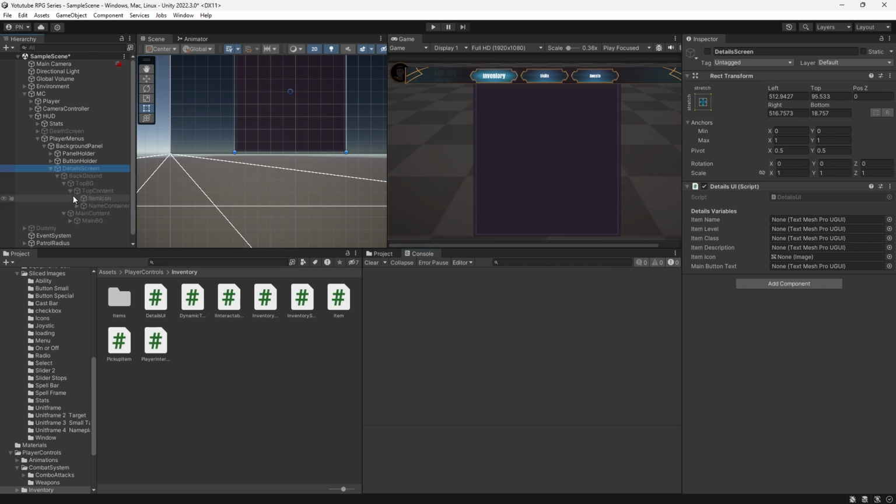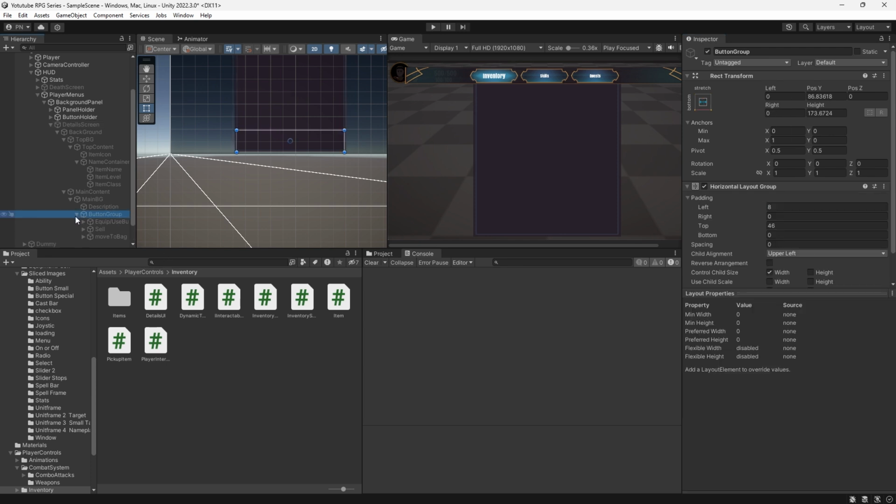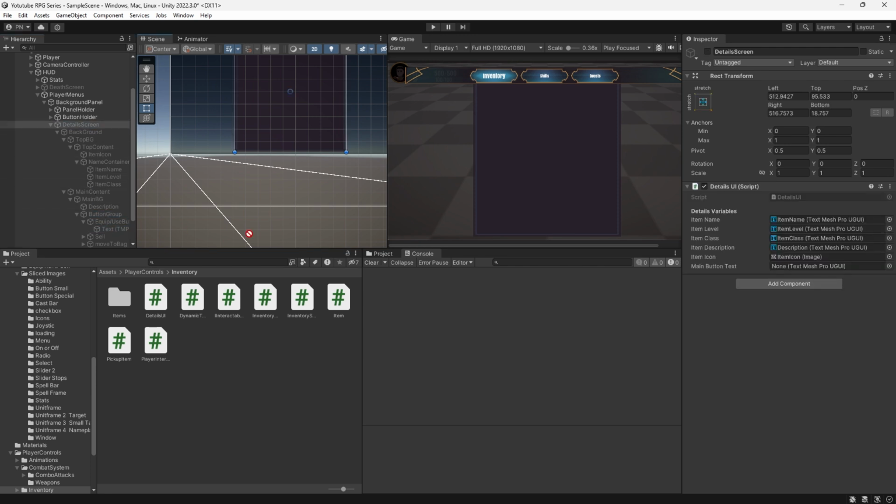So when we go into the top content, the icon, we're going to slap that there. Then the name container, we've got the item name, item level, item class. Then inside the main, we've got the description. Then inside the buttons, we've got our equip use button. So we're going to slap that text there. Now with that done,